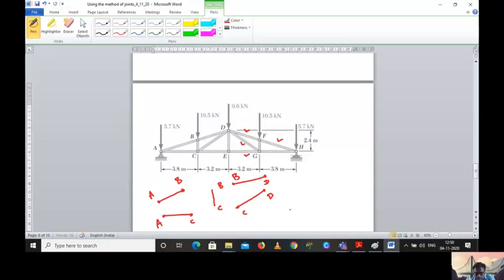If you want, I can draw one more, that is C and E. So all these members I have drawn: AB, AC, BD, BC, CD, and CE. Now based on the member force, we are going to say what kind of force. We have found that the member AB is in compression,